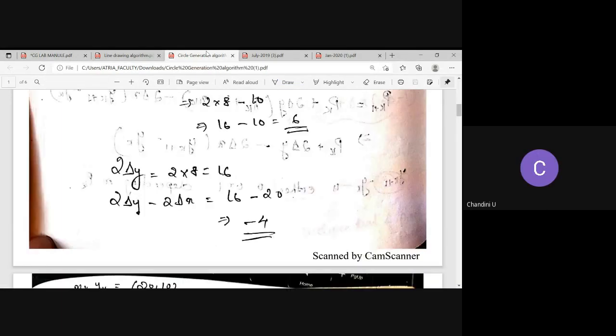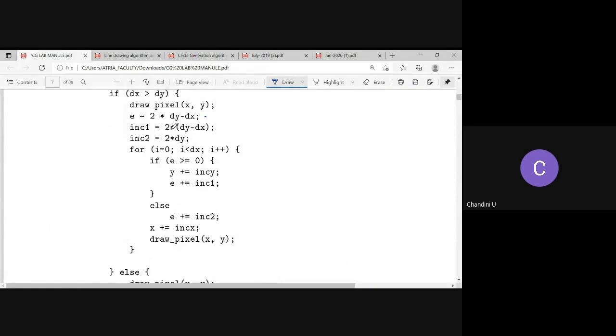So far we have calculated these three things here. How we did in the problem: P0, we calculated 2 delta y and 2 delta y minus 2 delta x, and we stored them in variables. After this, as I mentioned, we have to check whether the decision parameter is greater than 0 or less than 0. This checking will go till delta x minus 1 times. We know that, right? So we will keep the for loop which varies till less than dx. So for i equal to 0, i less than dx, i plus plus, which means till delta x minus 1 times these things will be repeated.